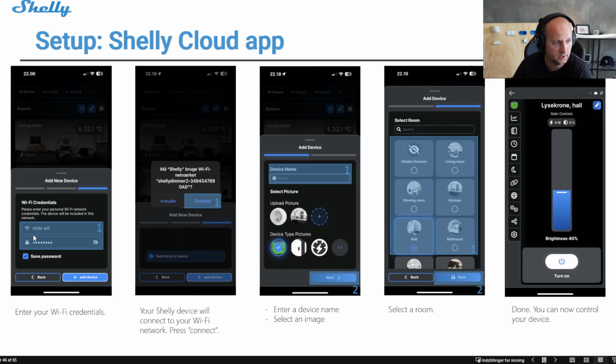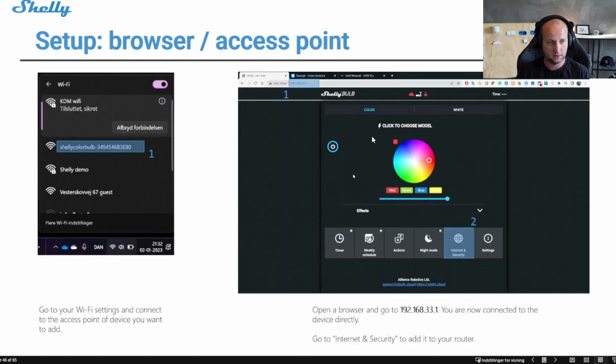From here, you need to enter your Wi-Fi credentials, so SSID and password, and again, make sure to enter the right password the first time. Press save password, then it remembers for the next device you need to add. Press connect, because now it finds your device. It wants you to connect directly to the device. Press connect. Give your device a name. Give it an icon if you want to, or take your own picture of the device you want to control. Select a room where you want to include the device, and then you can start controlling the device. That's basically it. So very intuitive, very simple. I probably didn't need to show you this guide, but now I did.